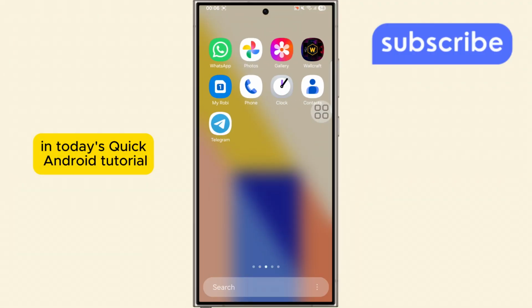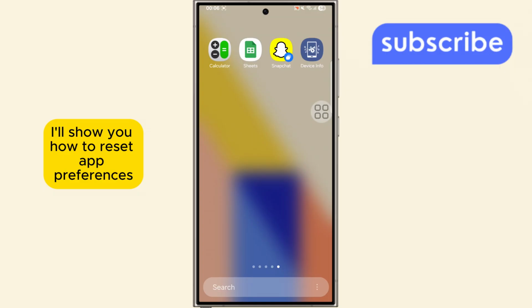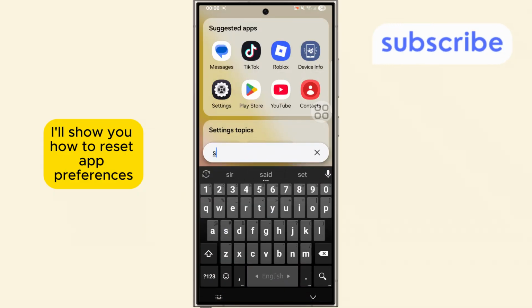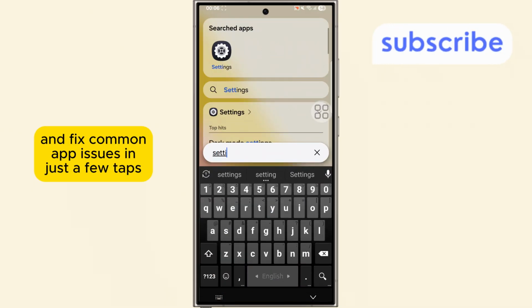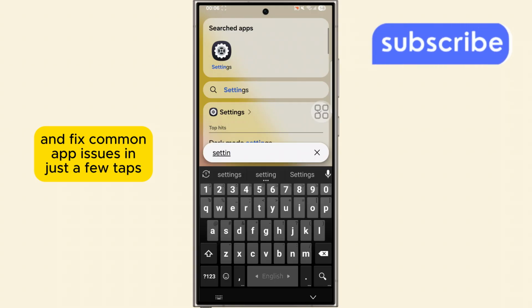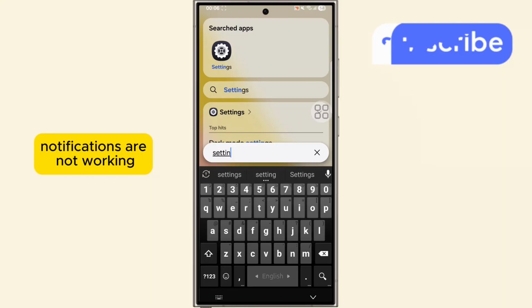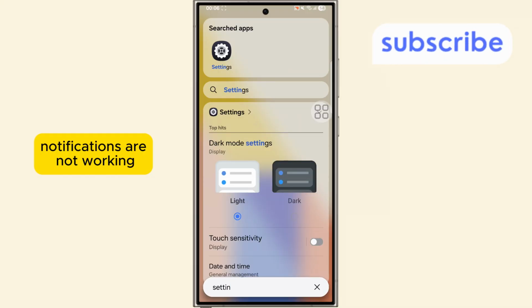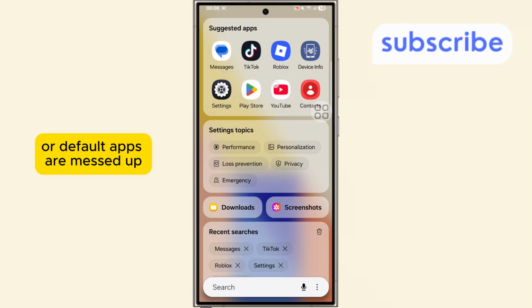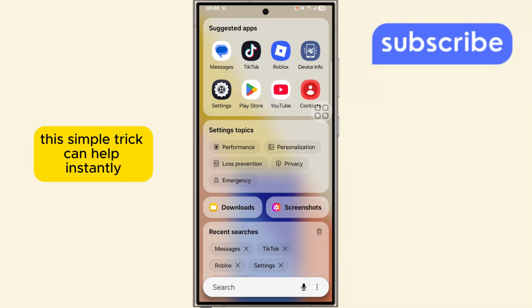In today's quick Android tutorial, I'll show you how to reset app preferences on your Android phone and fix common app issues in just a few taps. If your apps keep crashing, notifications are not working, or default apps are messed up, this simple trick can help